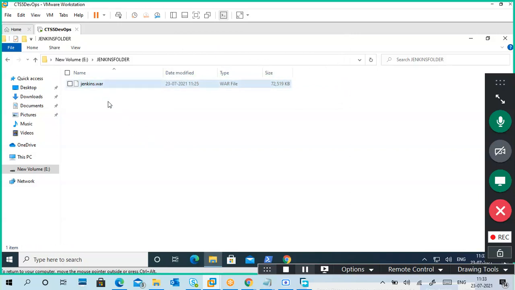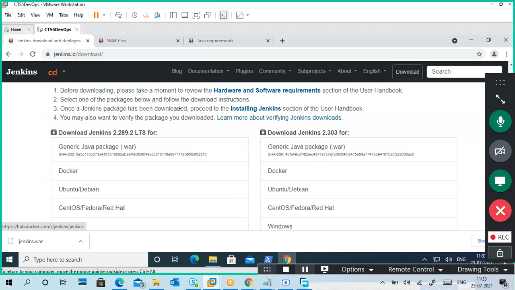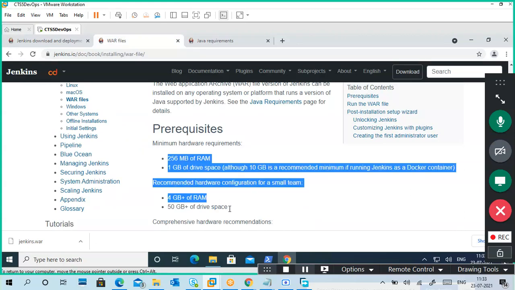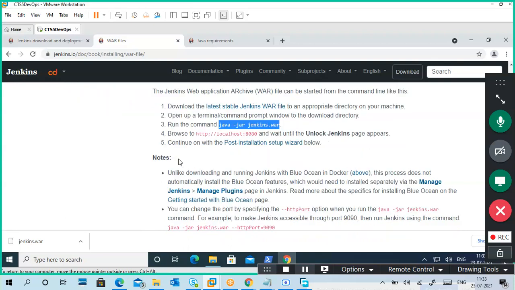Okay, now I want to run this one, and here, how to install a war file, right? This is a prerequisite, and I have the prerequisite ready. Good. Now this is the way you have to install. This is the command you have to give. By default, the port number of this one is 8080. But this 8080 port number is used by different services also, usually Apache web servers kind of stuff.